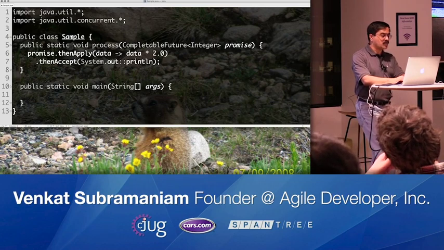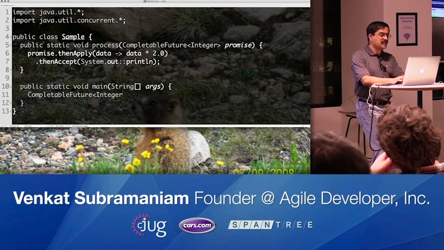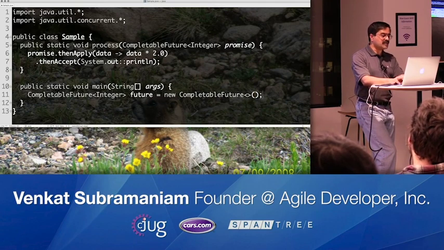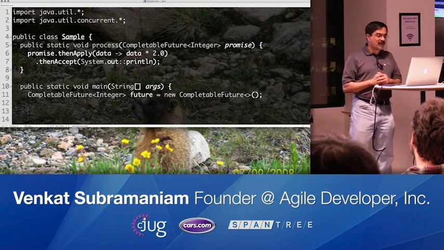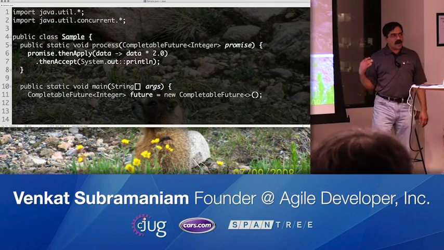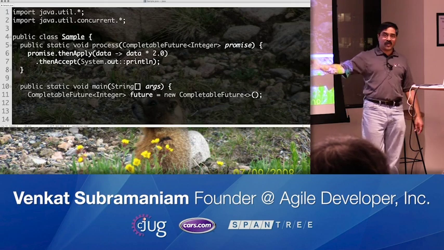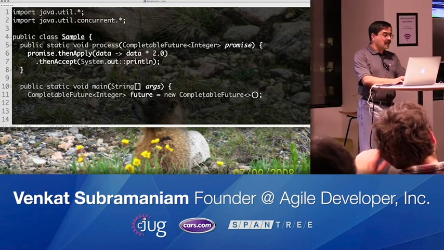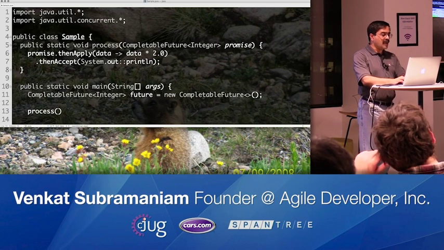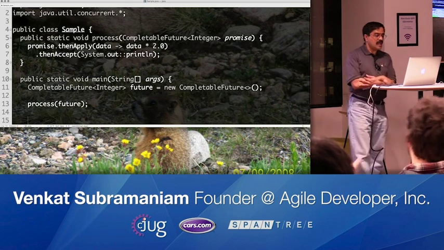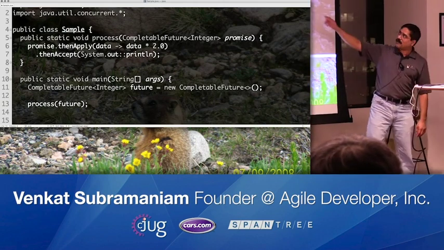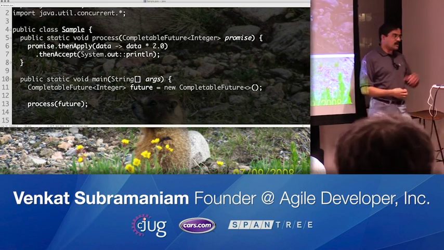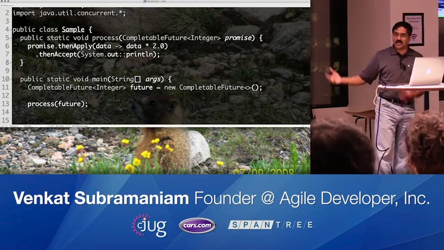But how do I use this one? So CompletableFuture<Integer> future = new CompletableFuture, and notice that I've created a brand new future object. In the previous example, I called supplyAsync and said go do this work, whereas here I'm going to just create an empty CompletableFuture and call the process function and pass the future over to it. And as you can see in here, that pipeline has been built for you and it's ready to do the work, but you are going to go off and do something else to actually get the data.